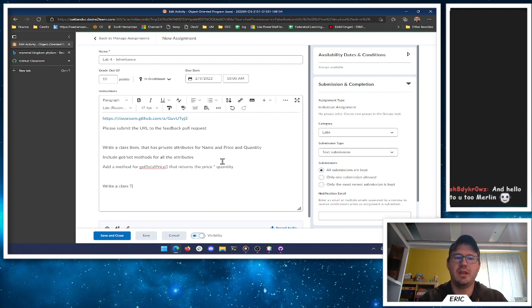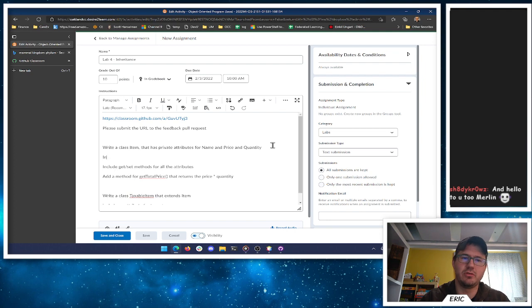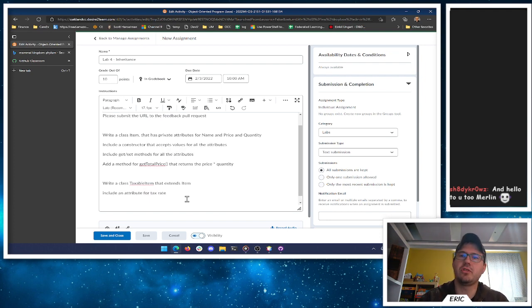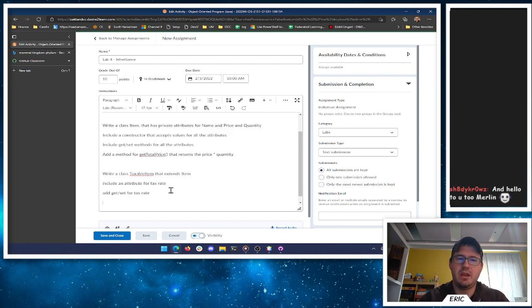And then write a class TaxableItem that extends Item. Include an attribute for tax rate. So we need to include a constructor too. Include a constructor that accepts values for all the attributes. So if we have a constructor, we're going to have to call that constructor, right? So we'll need to have a constructor that accepts tax rate, add get and set for tax rate. And then we're going to override the get total price